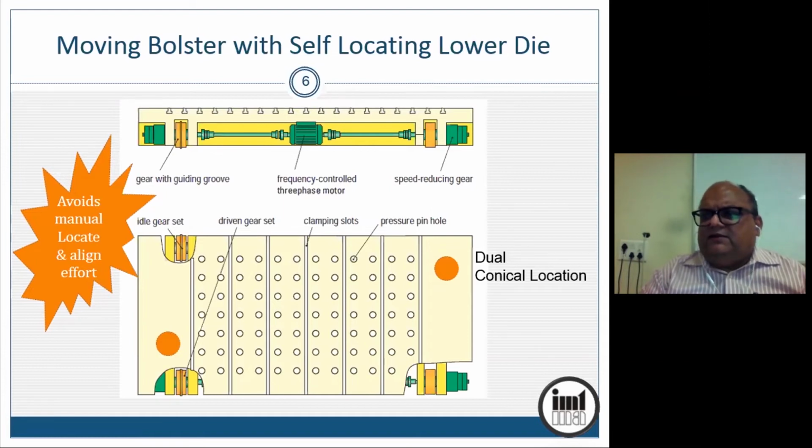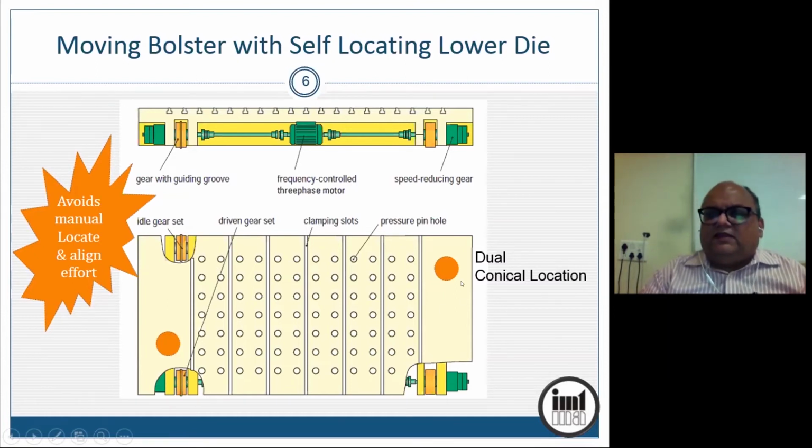It is wrong to say that the same die will work equally well on any press. It does not happen. The die and the mass production tool have to marry the particular production equipment, and it is designed that way. It is tailored like that. So you have to know which is the front side of the press, which way the die should be loaded, number one. Number two, how it should be located, how it is to be clamped, and where the cushion pins can be placed.